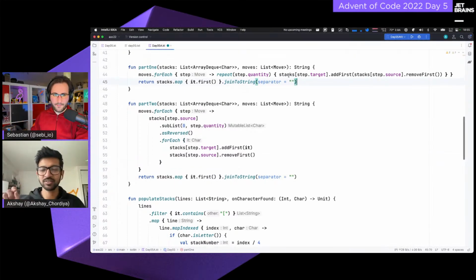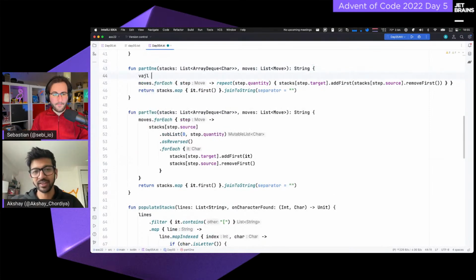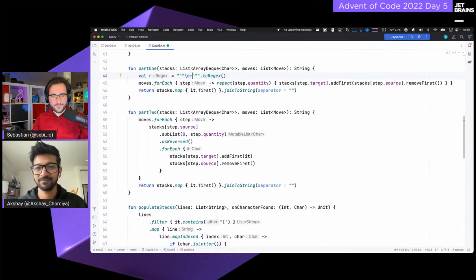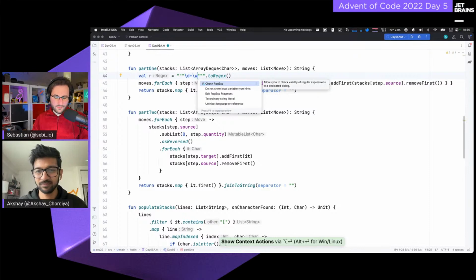In there you can see there's an option for check regex, so you can check it in real time. So yeah, Sebastian, I'll just do that here real quick. First of all, if you're using a raw string, always a good idea for a regex, because that means you don't need to escape your regexes extra if you have escaped characters in here. And then if you press Alt Enter or Option Enter or Option Return on Mac, there's this check regex